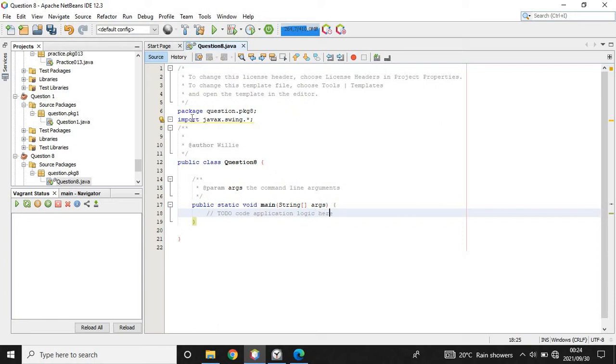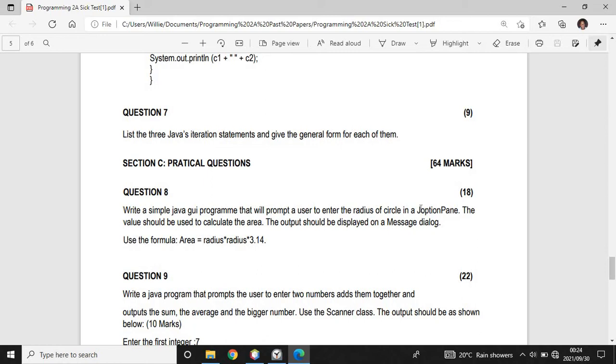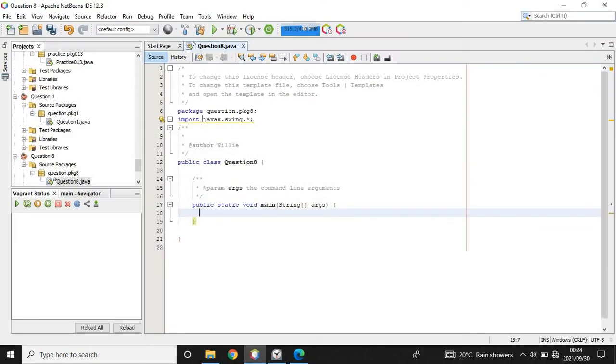No syntax error. Good. Oh snap, did they want us to use JOptionPane or Scanner? JOptionPane, great. Yeah. So now we could say